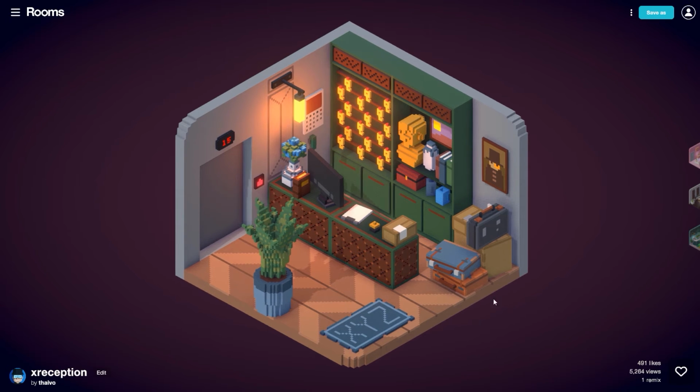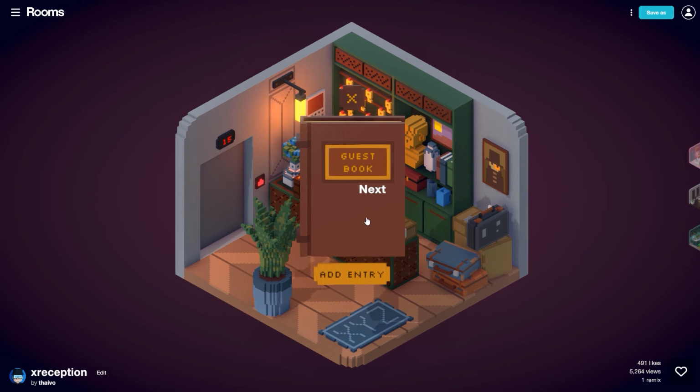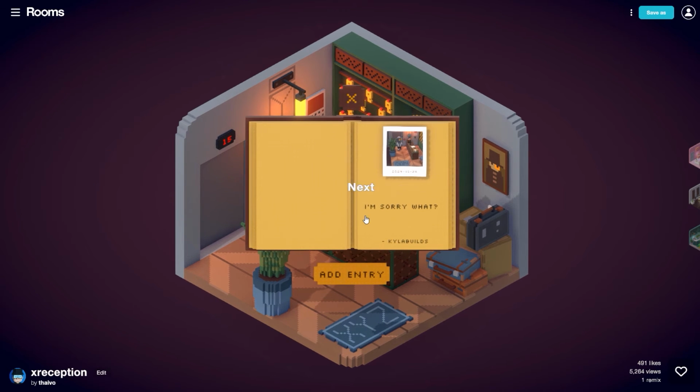Reception room, and one of the things you'll see in a lot of rooms are these little guest books. So I'm going to go ahead and click on that, and this will allow us to add in our own entry, and we can also browse through the different things other users have written. So if I look through here, we can see something somebody wrote and the username, and you can also add in a photo if you use a screenshot from camera mode,